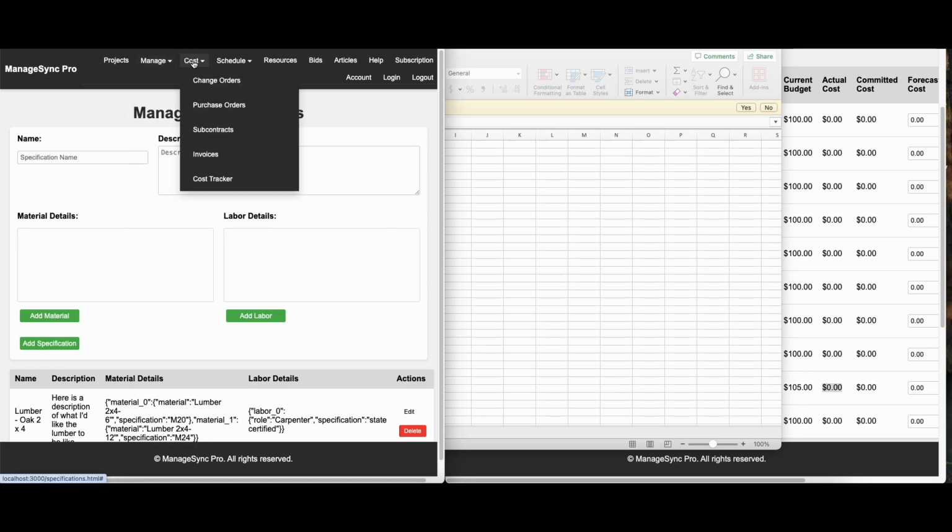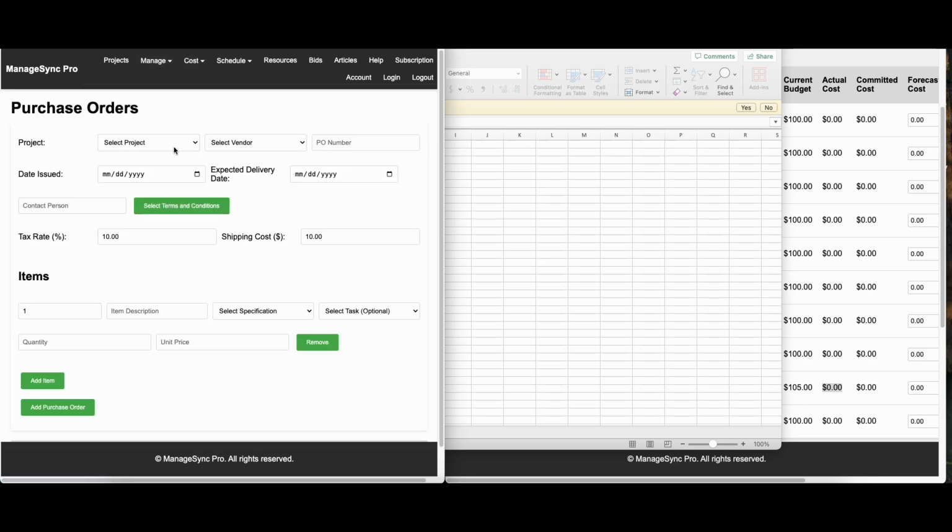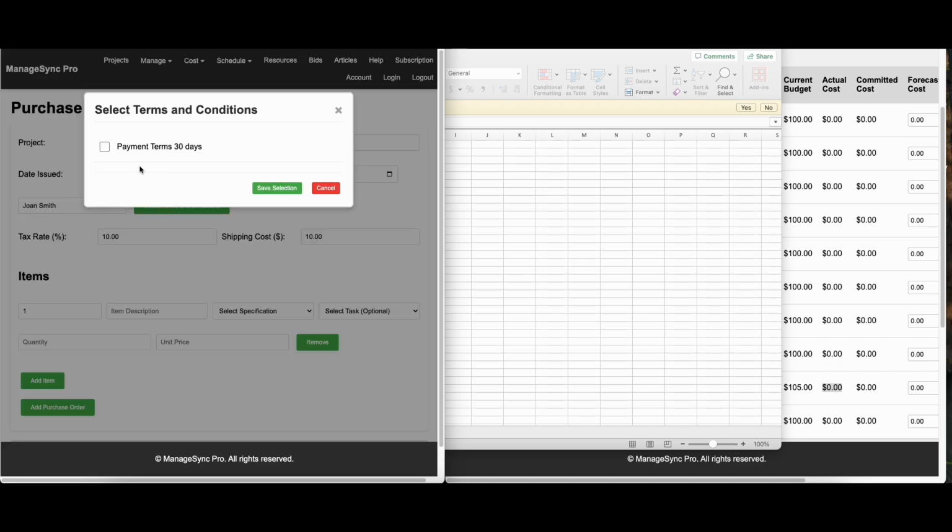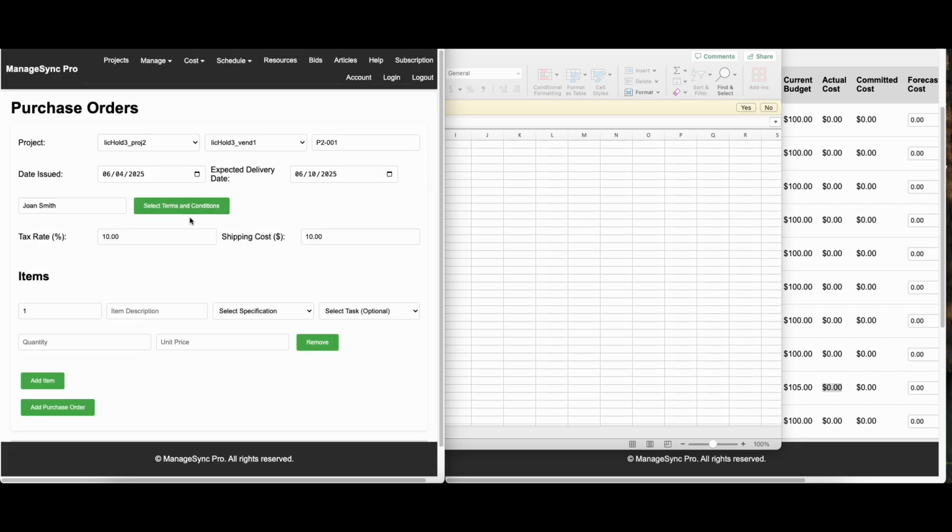Then we'll go back over now to the purchase order so you can see how these are applied. So we'll add the same project, same vendor. Now we'll do P2-001, date issued. Contact person John Smith. Now for the terms and conditions, we'll select this one. If you had many in here, all of them would appear there. You could select the appropriate one. So we'll select this one, save it, and then